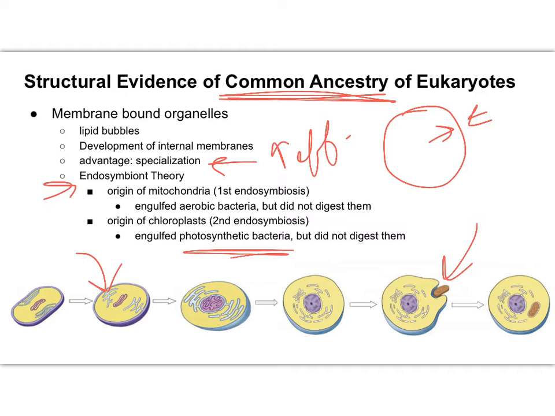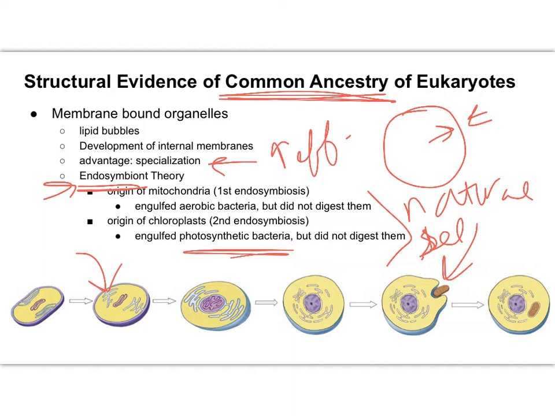So there's a benefit to both of them. Again, natural selection kicked in, and it favored these types of cells that had engulfed these prokaryotes through endosymbiosis. So the presence of chloroplasts and mitochondria do help show evidence of evolution and common ancestry within the